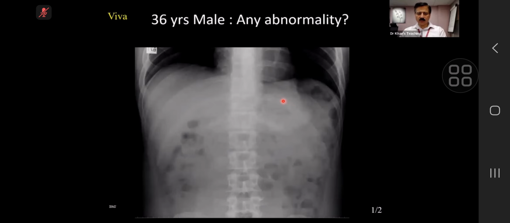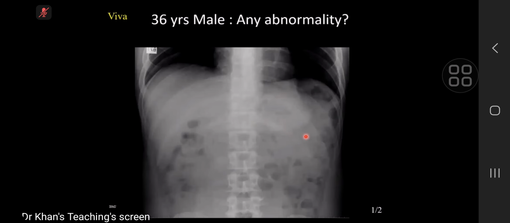But having said that, you have picked up this thing, right? What comes to your mind? Can you describe it? Yeah, there is a soft tissue opacity under the left hemidiaphragm region, which is irregular in margins. I can't see any calcification in it. It's located in the area of the